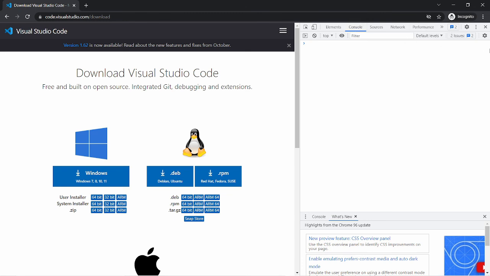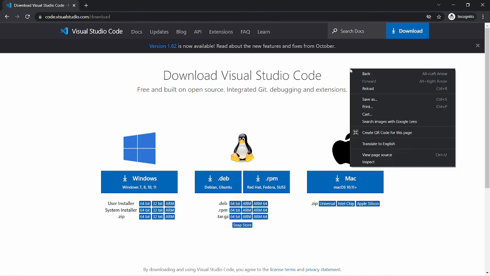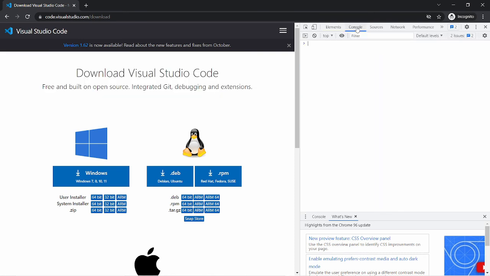To open this console in another way, you can right-click over the page and click Inspect, and then switch to the Console tab. Now here you will be able to see those errors which are not visible to the user while seeing the browser like that.